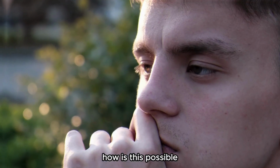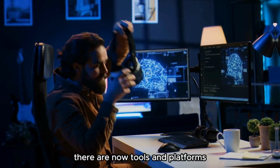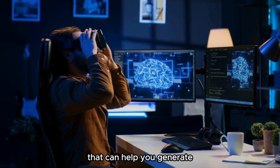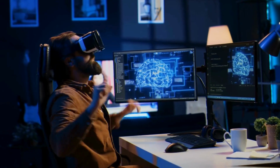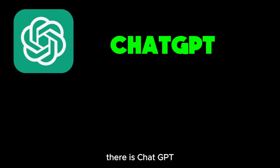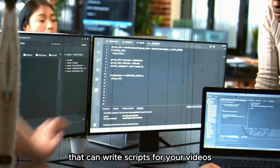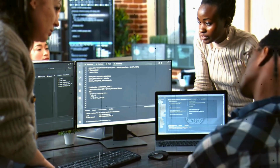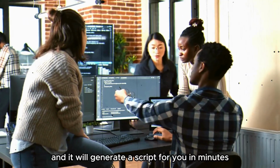How is this possible, you may ask? Well, thanks to the advances in AI technology, there are now tools and platforms that can help you generate realistic and engaging content using AI. For example, there is ChatGPT, Copilot, Gemini, which are AI chatbots that can write scripts for your videos based on your input. You can give it a topic, a keyword, or a question, and it will generate a script for